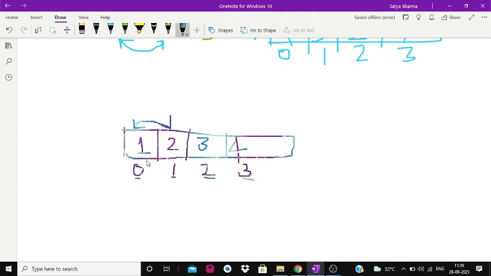So we can have this updated array: we swap, it will be 2, and it will be updated as 1. Then here, at even index we have odd number, then at odd index we have even number. We can easily swap both of these, and we'll have 4 at this particular location, and then 3 at this location. And we can now easily see that we have 2, 1, 4, 3.